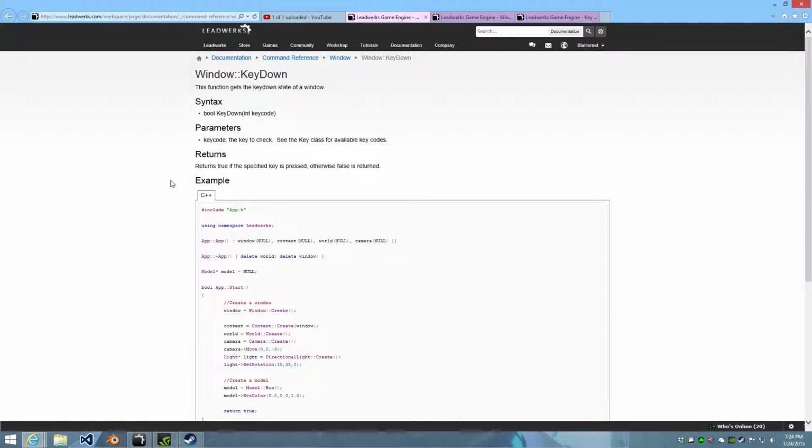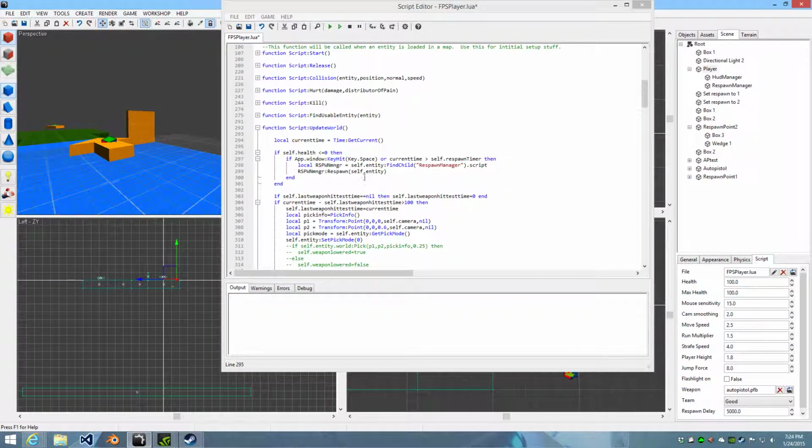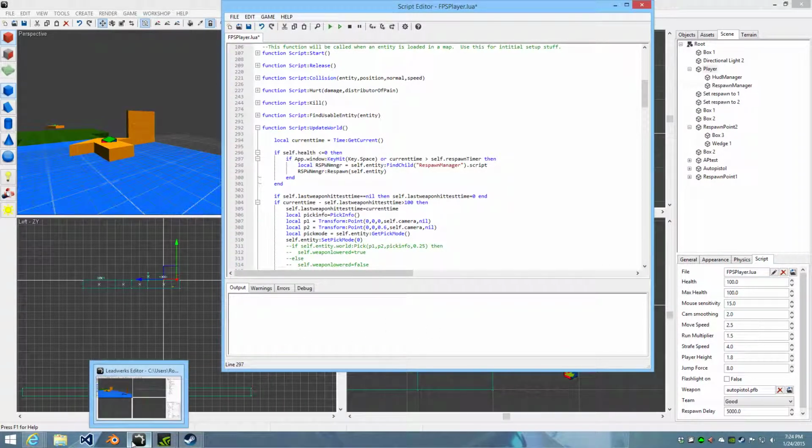I just had a second here and I wanted to show you guys something real quick that I was asked about. In the respawn tutorials, we do the window key hit key dot space. To change it so it's not space, it's a different key altogether, is not very hard at all. All we have to do is